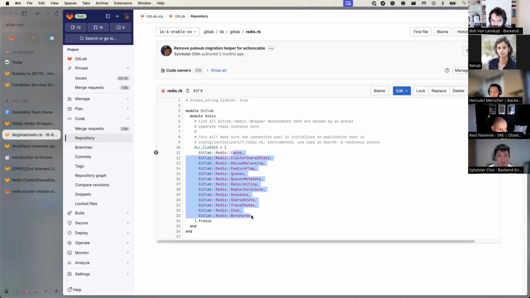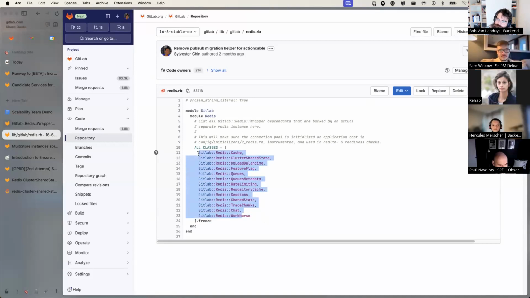Every one of these has its own connection pool. Every thread typically doesn't max out the connection pools, but every single class will spin up at least one connection. So in some circumstances it could increase the number of connections. Let's say when a customer upgrades several versions, and in that span of a few versions we added 3 wrapper classes, say from 10 to 13, that's a 30% increase in connection pools. But in terms of the number of connections, it will depend on how actively those pools get utilized. So one idea I have is to